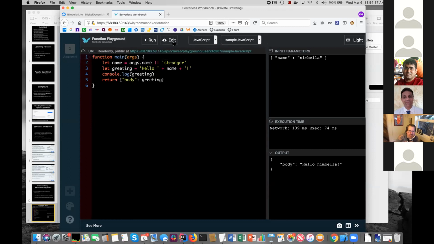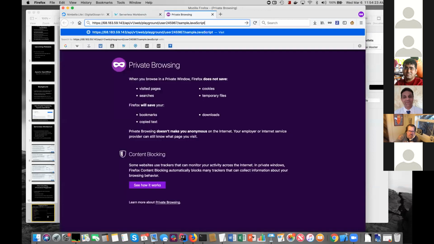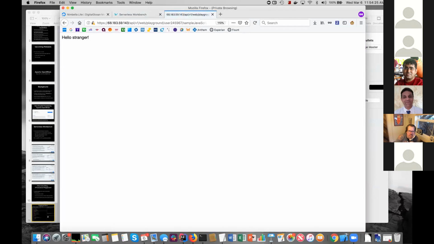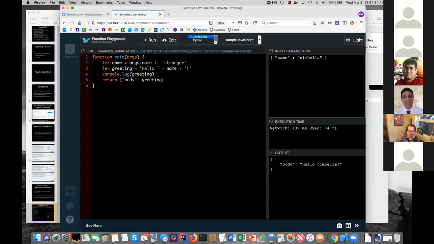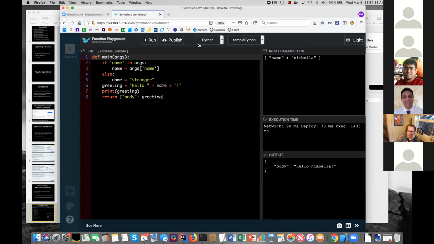And if I click publish here, I get a URL, which I can copy and open in a new link, and there it goes. So as you saw, even though I failed earlier because I didn't have an authentication key, you can actually run this and now have an API endpoint. You can create a Python action, same thing, runs, exposes an API endpoint.